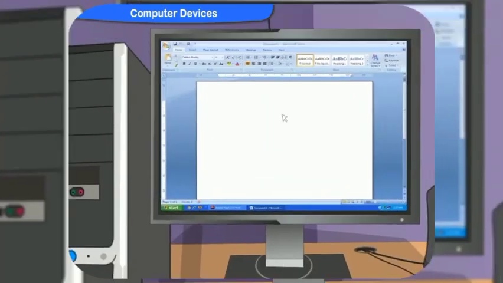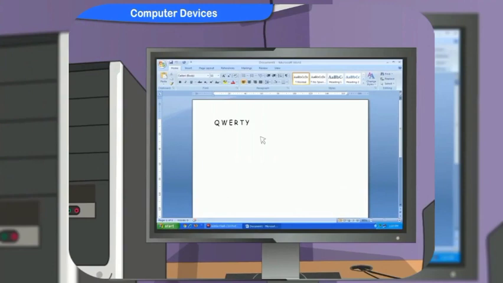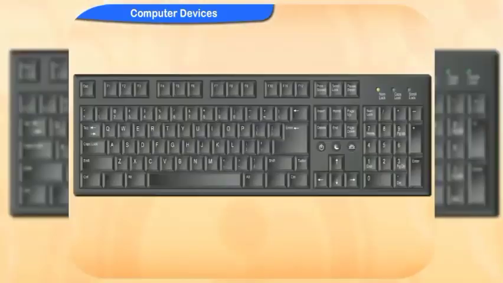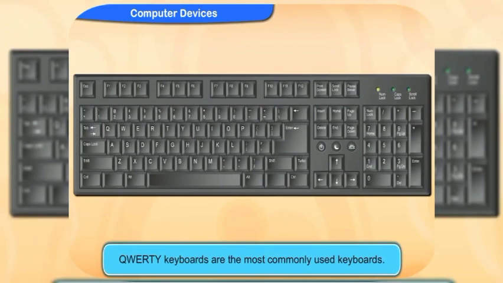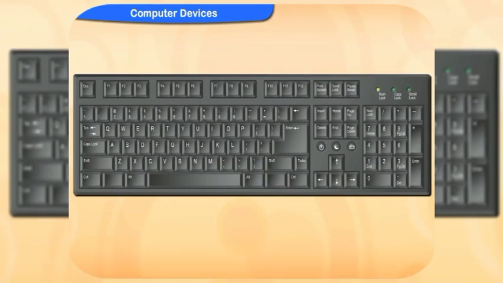By pressing the keys of the keyboard, we tell the computer what to do and the letters and numbers appear on the screen. So this keyboard is an input device. You are right, Rennie. This keyboard is called a QWERTY keyboard and it is the most commonly used keyboard. Why is it called a QWERTY keyboard? It is named after the first 5 letters of the top row of the alphabet keys. And these keys are Q, W, E, R, T, Y.